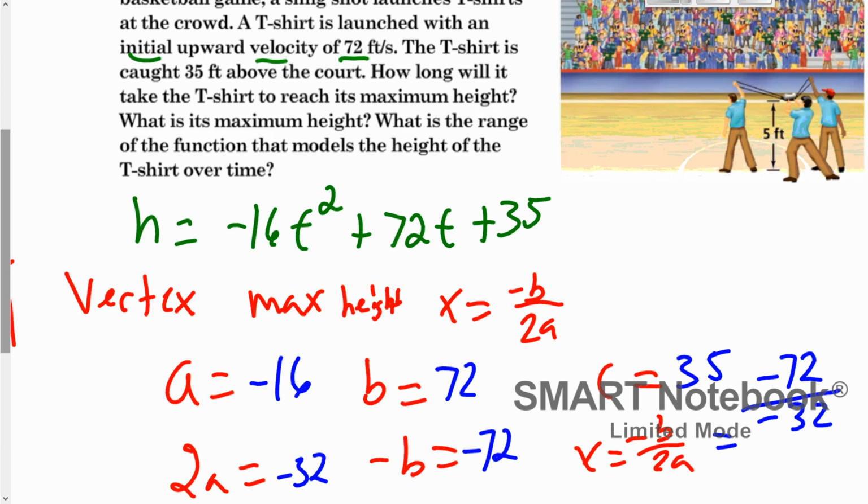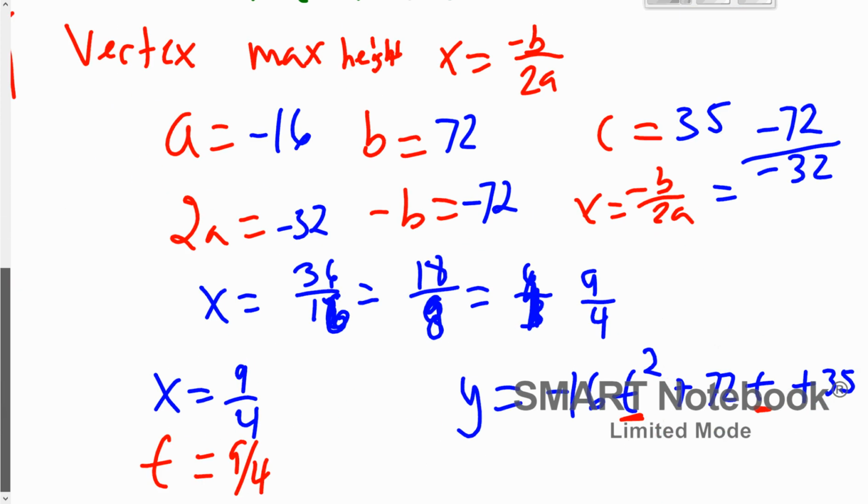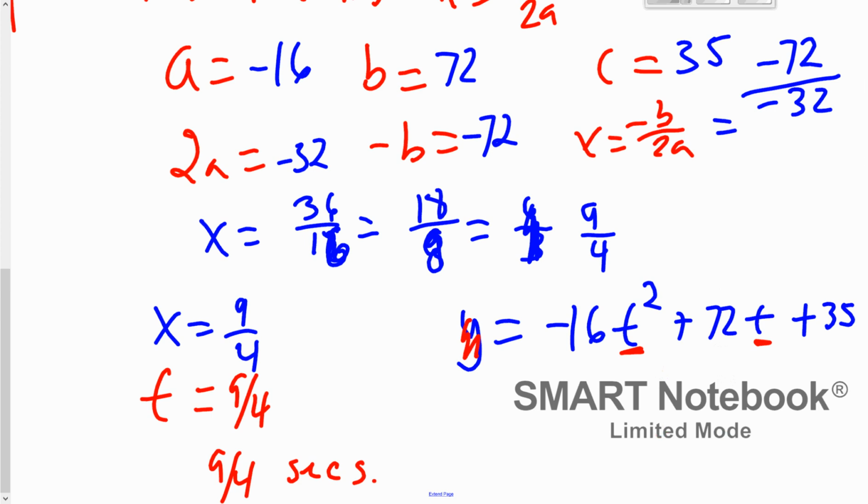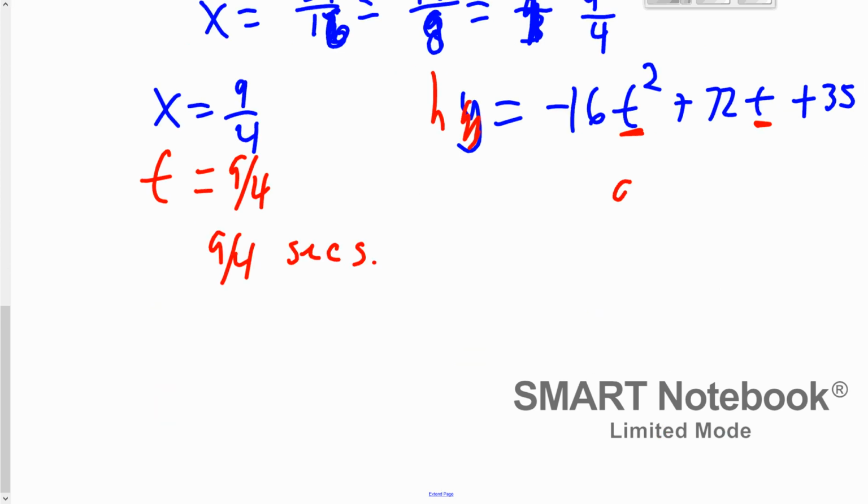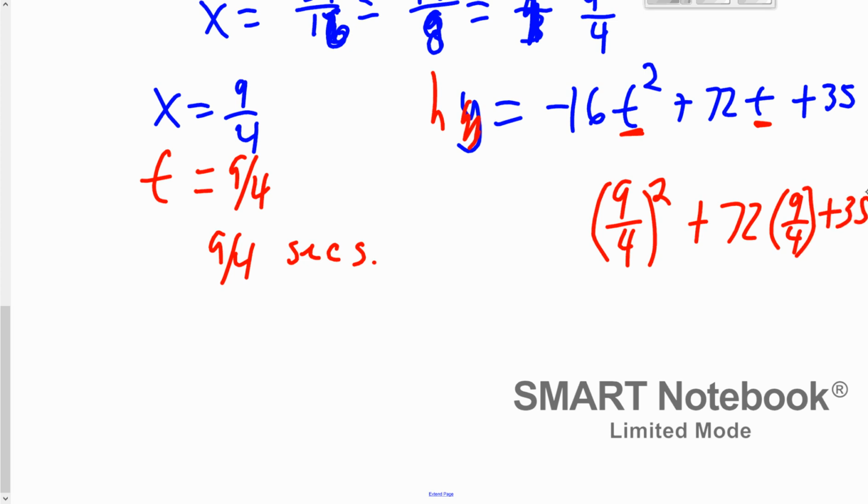Okay. Now, what is the max height? So we are going to have to plug it in, right? We're going to have to find this h or y. Okay, so we're going to have to plug in 9/4. And if you want to change that to a decimal, that's fine too, because we're looking at a real life problem, even though you're probably never going to do this problem in real life. But we can do it, so you could use a decimal if you wanted to. Negative 16